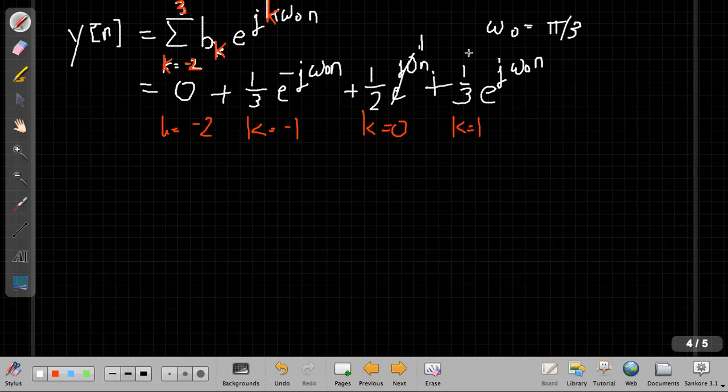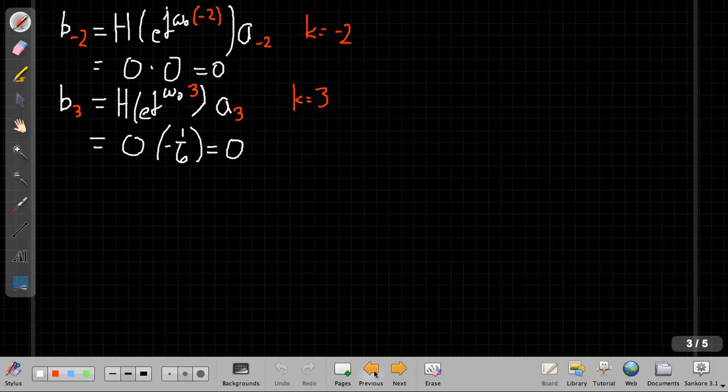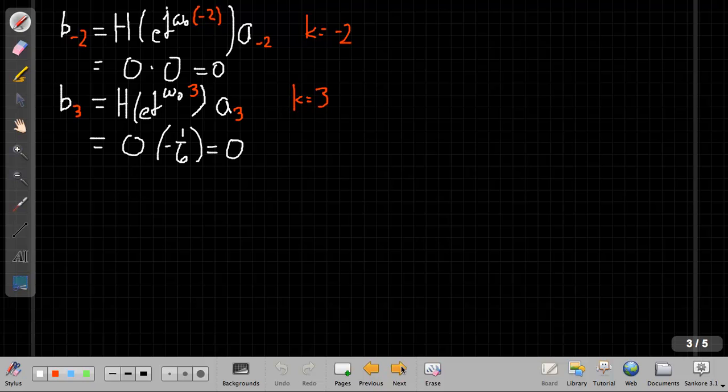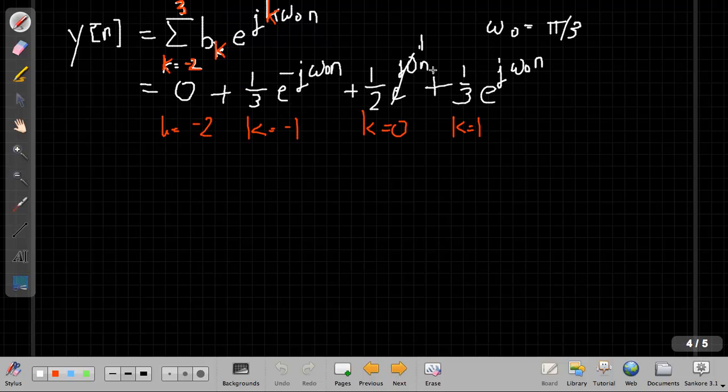Okay, and again that 1/3 came from here. B sub 1 was 1/3. So I put in the 1/3 for the b sub 1, and I had e to the j omega naught n. And then the last two terms, for k equals 2 and k equals 3,